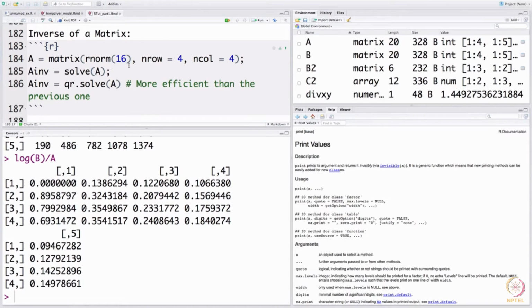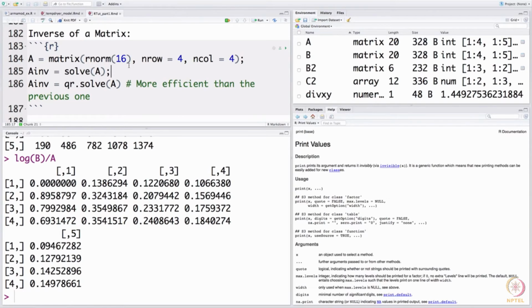Inverse, on the other hand, if you turn to the numerical recipes in the literature, an efficient way of computing the inverse of a matrix is through what is known as a QR factorization, all right. And this solve or QR dot solve essentially is the routine that gets you the inverse of a matrix.